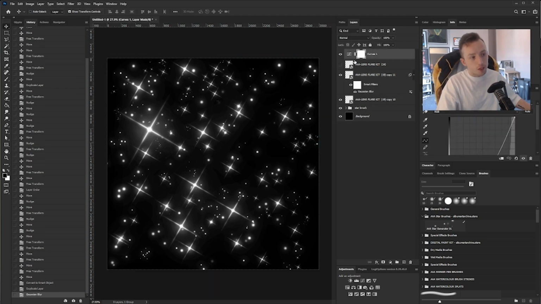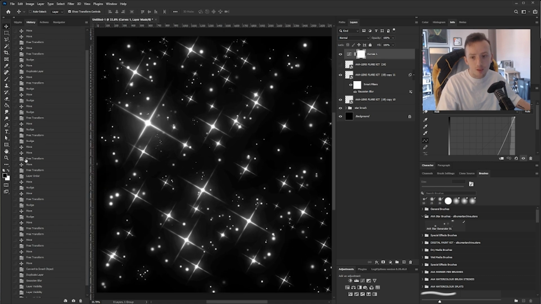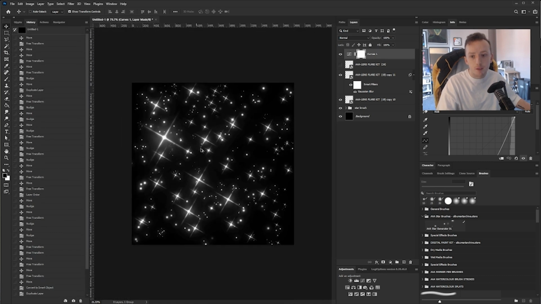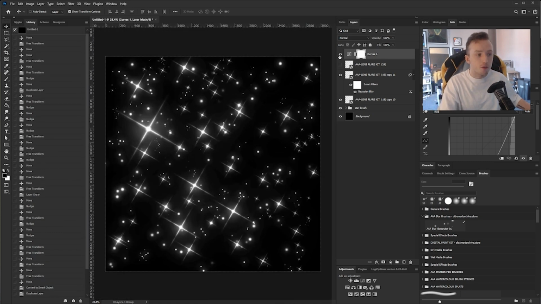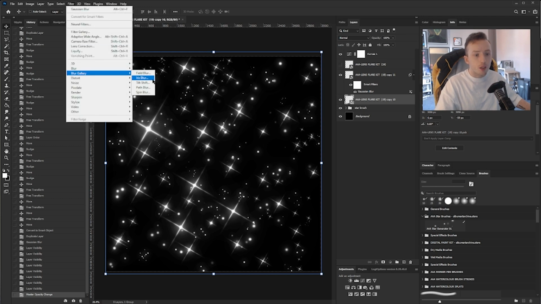By the way, you'll see I've got this curves layer here. I've only got this turned on because on the video it looks very dark without this. It means that you can see the lens flares better without me having to zoom in. That's why yours might look a little bit different. Once you've done the Gaussian blur, I usually just turn that down to like half opacity and then go again to the base smart object that you created with all the lens flares on. Then this time just on the actual layer itself, go to filter, blur gallery, and I'm going to go to